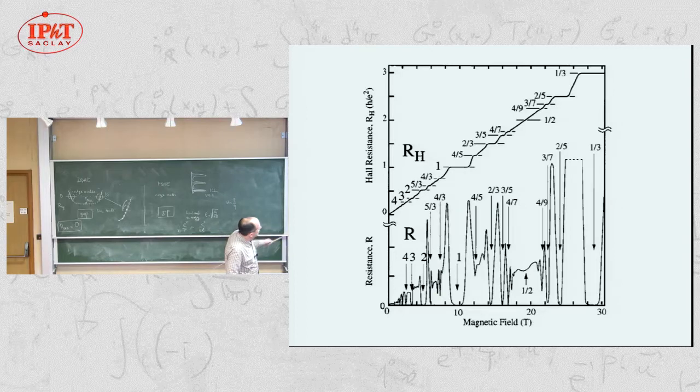so this is nu equal 1. So beyond 10 Tesla, it means that we are in the partial filling of this lowest Landau level. But you see that, so nu equal 2, it's right here, maybe 5 Tesla. So between 1 and 2 Tesla, we see that there are also complex things that happen that have also to do with fractions. So this is something that we can understand in the following language. So let me draw the Landau levels.